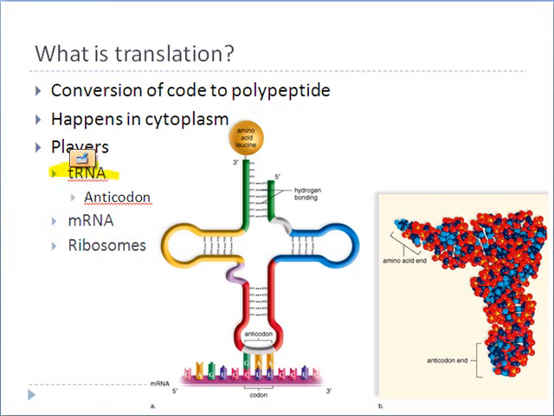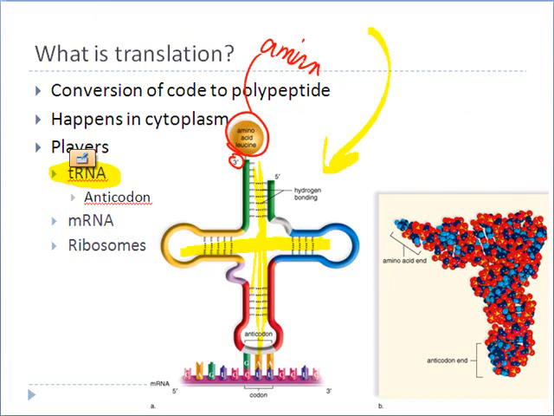We're going to need to have transfer RNA involved. This is a molecule here of transfer RNA. You'll notice it kind of has a T shape to it. It is a molecule of RNA that has been folded into this shape, and it has two regions to it that are of importance to our discussion. On one end of this tRNA, there is a location where we can attach an amino acid. On the other end is a region of RNA that is a complementary sequence or triplet that is